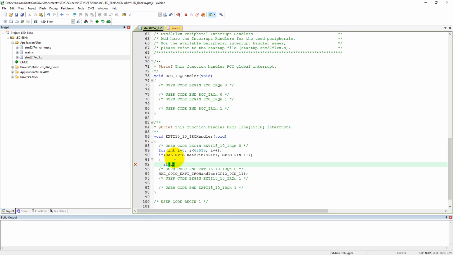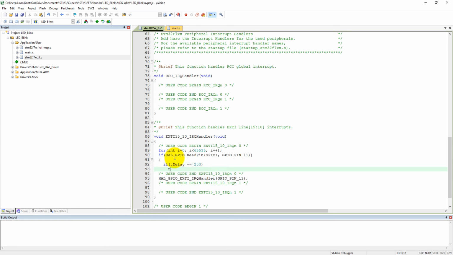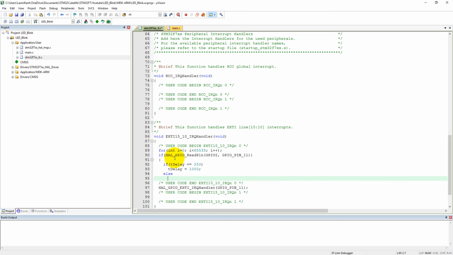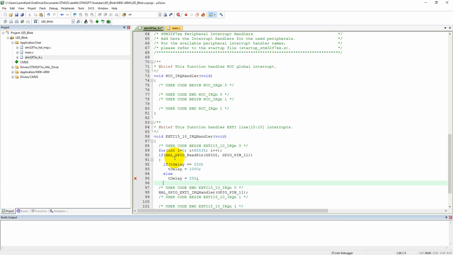If tdelay equals 250, then change tdelay to, let's say, 1000, else, that means if tdelay is 1000, then set tdelay to 250. Just close this brace and compile this code.